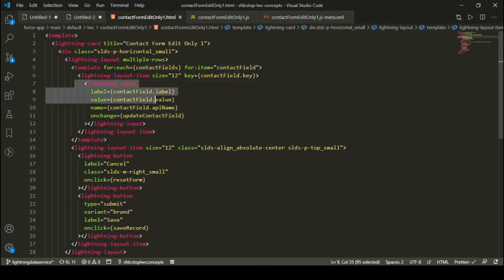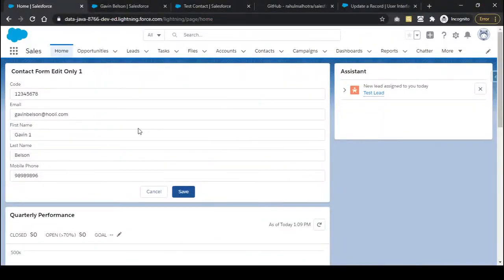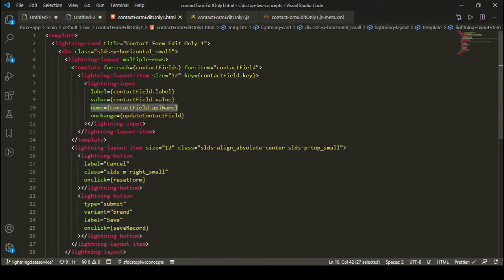And inside the layout item, I'm using a lightning input where the label is contactField.label, the value is contactField.value, and the name is contactField.apiName. I have specified a name attribute here so that I can track which particular field value is being updated. We'll see where we are using this name attribute later on in the JS.